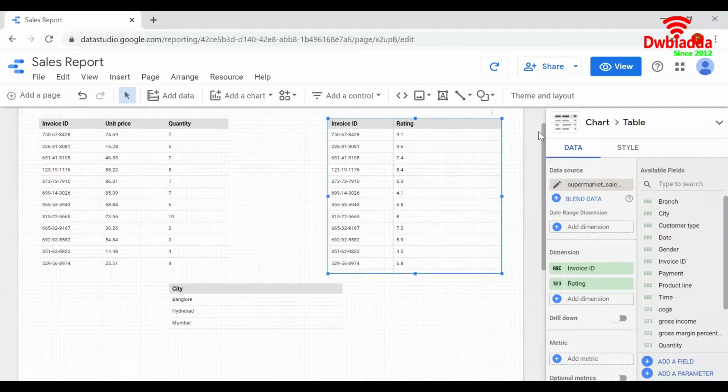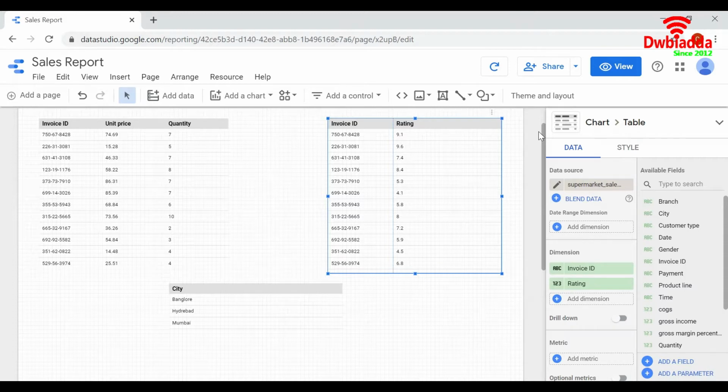Hi everyone. In this video, let us learn about calculated fields in Google Data Studio. In Data Studio, calculated fields help us to create new metrics and dimensions. Creating calculated fields means creating new columns in the dataset by performing some actions like applying formulae on already existing columns. The result is displayed for every row in the dataset.